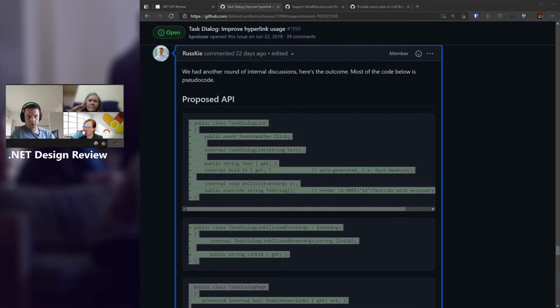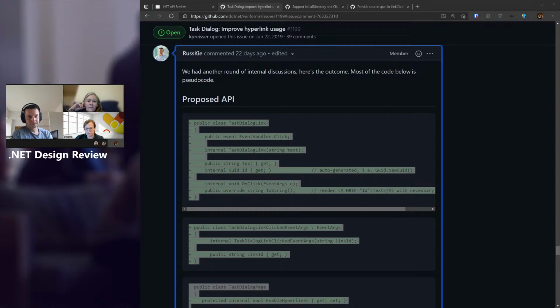We introduced task dialog in .NET 5, but we had to descope some of the APIs dealing with the hyperlink functionality because we couldn't design a usable API, something users could easily discover and understand how to use in the time frame we had. So for more than a year, with the community, we've been iterating over it, and I think we got to the stage where the team is happy with the proposal, and the community has been involved. They seem to be reasonably happy with the proposal, right? So that's why we're here.